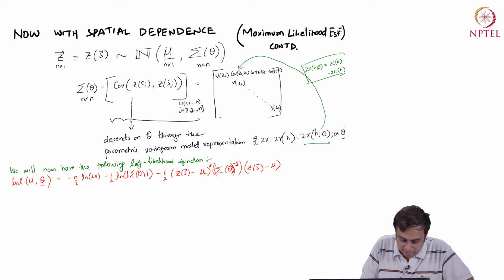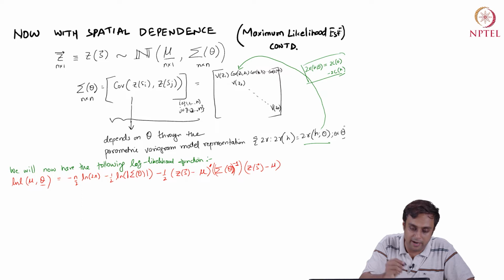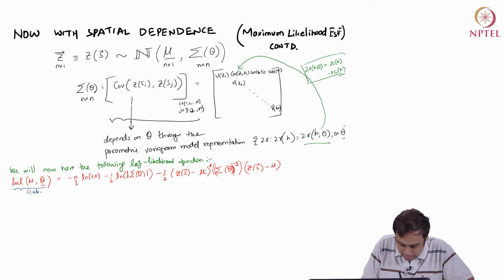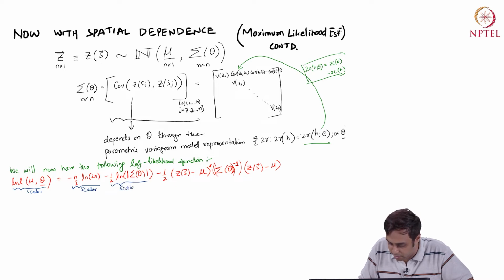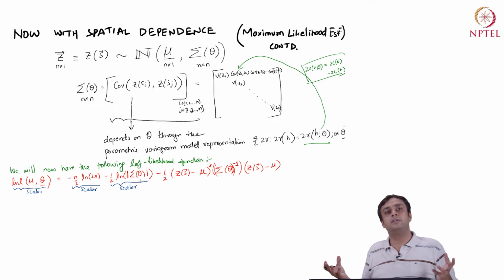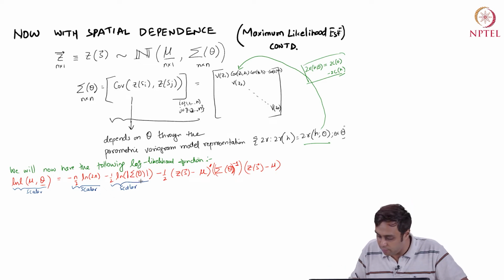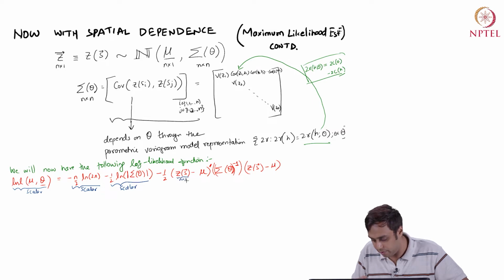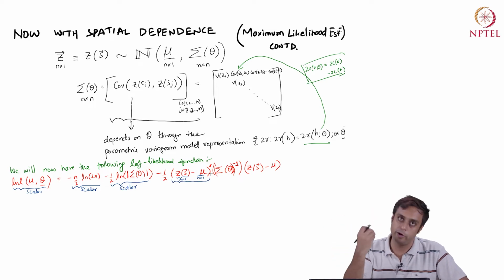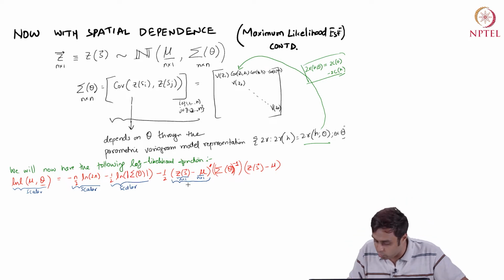Well, I have a scalar entity on the left hand side. The first entity is scalar, the second entity is scalar, I am working with a determinant value, but the last entity is more complicated. It seems it is composed of vectors and matrices. So, let us look at it more carefully. So, this z I know is an n by 1 vector, mu itself is an n by 1 vector. So, this whole entity being transposed, which is n by 1 minus n by 1, is going to be n by 1. Transpose of n by 1 is going to be 1 by n.